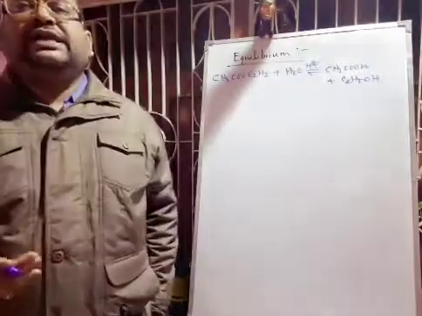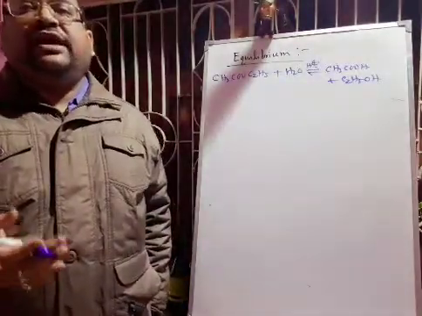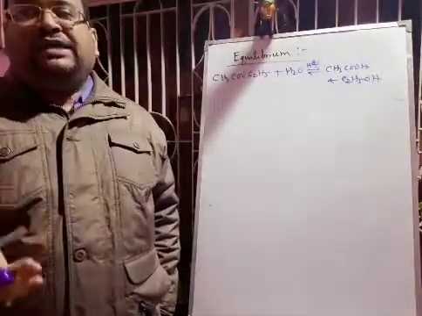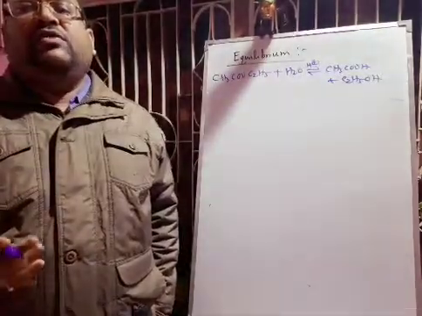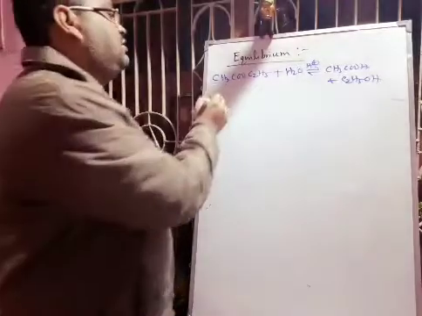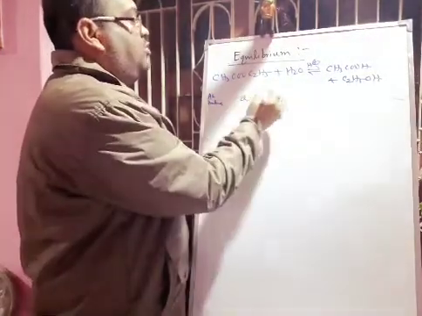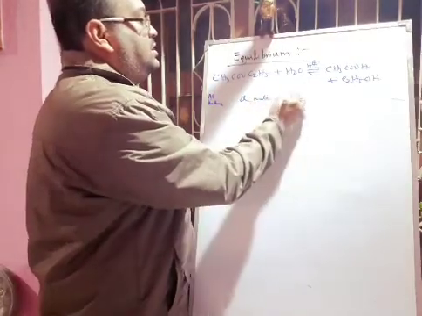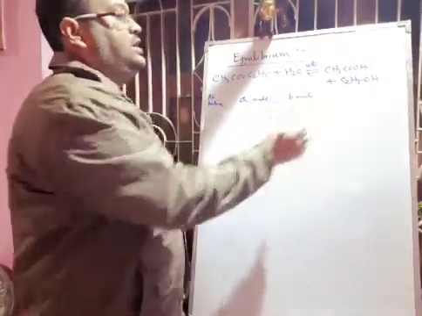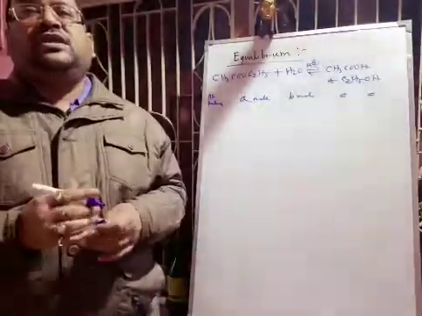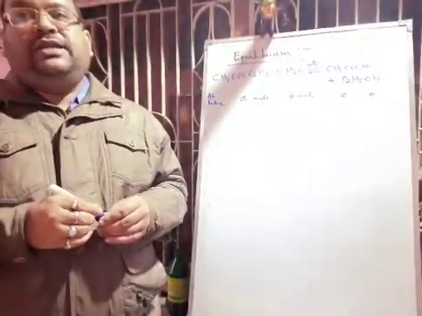So let us consider the initial state. A moles of ethyl acetate and B moles of water are taken in a closed vessel. So initially we have taken A mole of ethyl acetate and B mole of water, and initially the products are 0. Hope you can understand what I am telling.